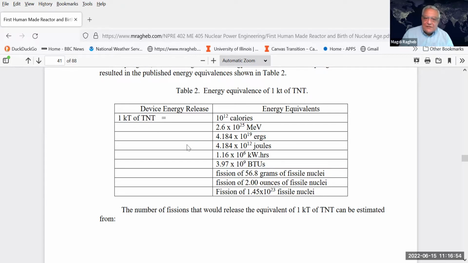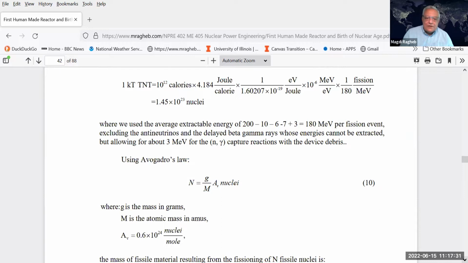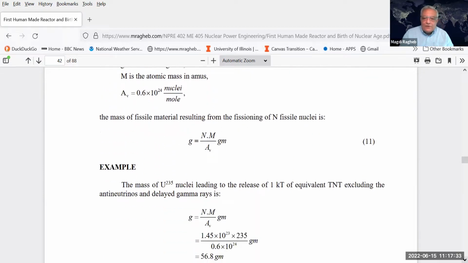1,000 tons of TNT corresponds to just fissioning 56.8 grams of any fissile material, uranium-235 or plutonium-239. This is equivalent to 2 ounces of material, equivalent to 1,000 tons of trinitrotoluene, or that is basically equivalent to the fissioning of 10^23 fissile nuclei. And we can calculate really how much energy is produced by the fissioning of one molecule of